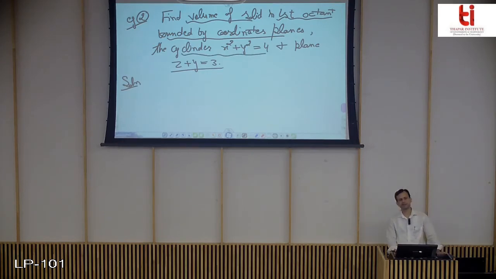So the cylinder is basically the other side bounding it. If you have a plane, it represents a circle. If you consider the xy plane, it represents a circle with radius 2 and center 0, 0. So you extend that circle above the xy plane and below the xy plane, and you get a cylinder.